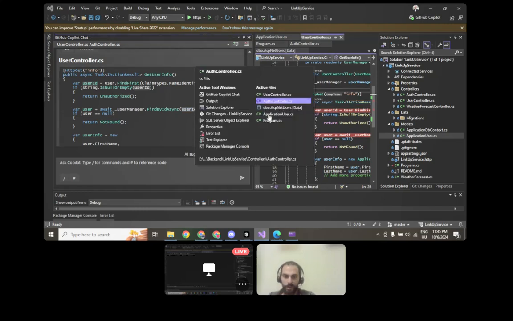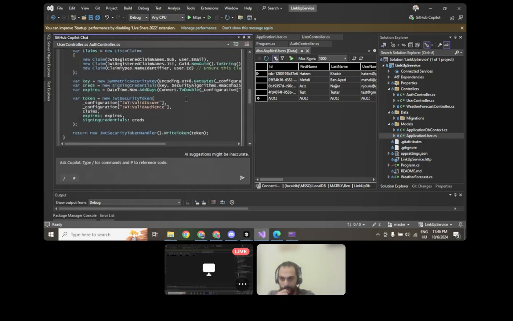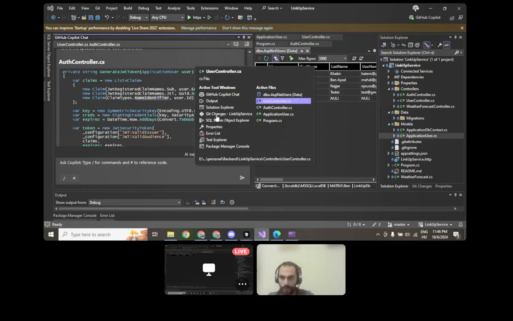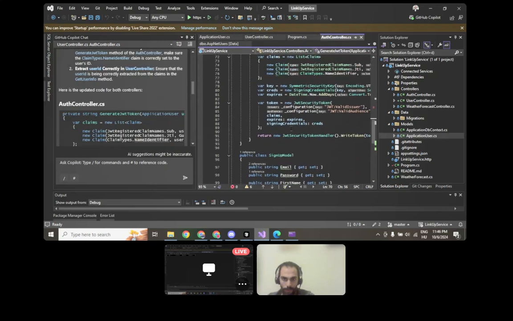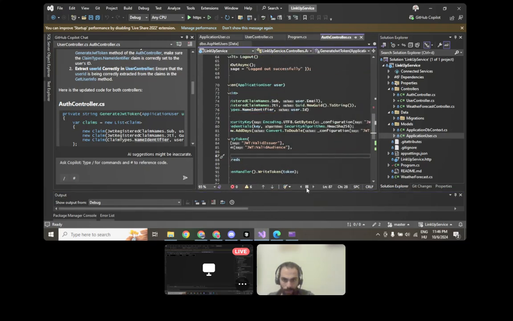Let's look at the ID in the users table. So the ID is good, right? And here when we ask to fetch the user, find first, claim type, name identifier. And here, name identifier, user ID. So is this the case? Let's look at the auth controller. Name identifier, user ID,